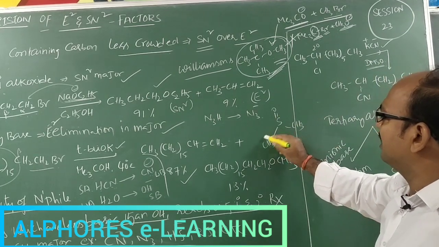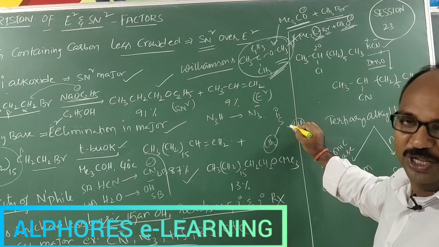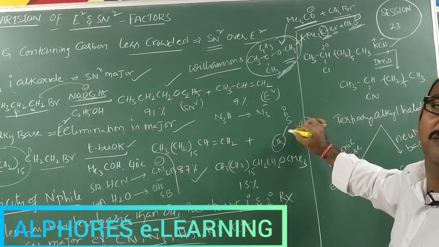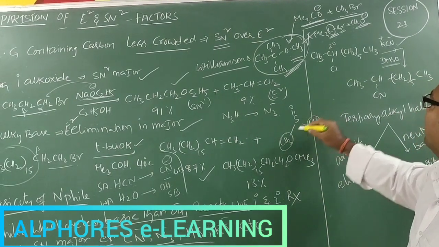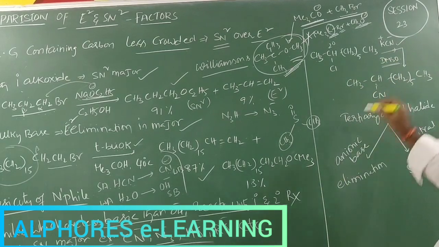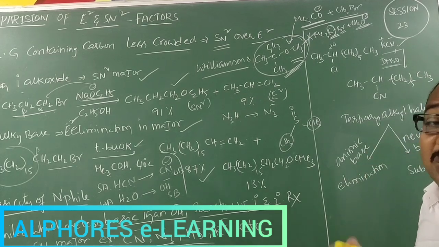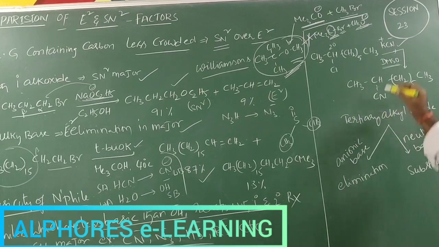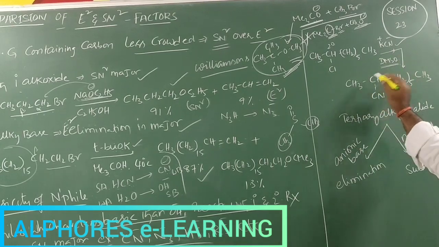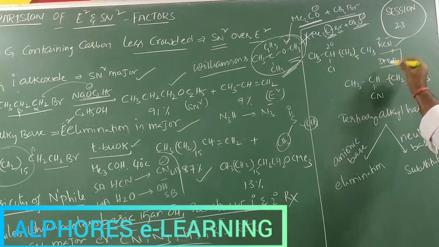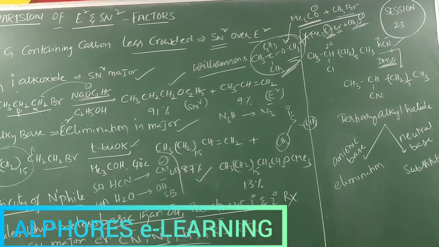In dimethyl sulfoxide, there is no proton. Examples of polar aprotic solvents are DMSO and DMF. A polar aprotic solvent does not contain any proton, so in such a case CN minus acts only as a nucleophile. If any proton is available, there is a possibility it will be abstracted, so to avoid such a reaction we use DMSO. Then Cl will be replaced by CN by the SN2 mechanism, because it is a secondary alkyl halide and because we are using DMSO solvent. In DMSO we get the SN2 product rather than the elimination product.